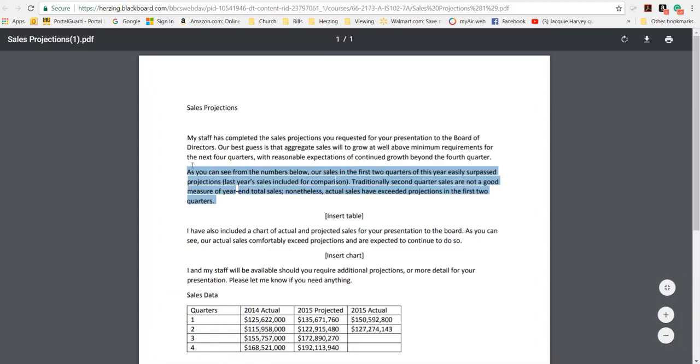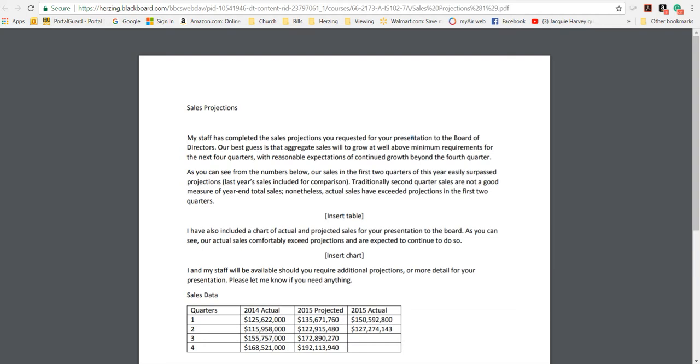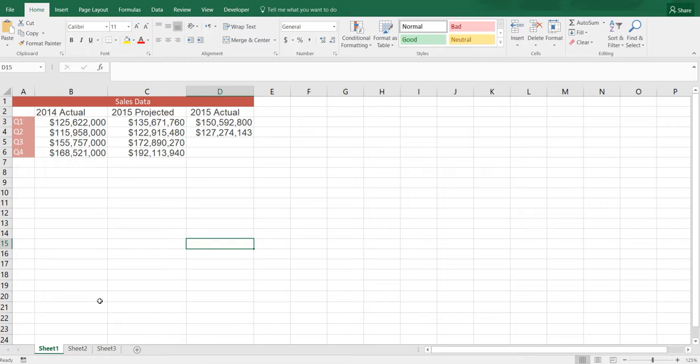So for the letter, you're using what it says here. Now let me tell you that there's a typographical error in paragraph 1, and there's a grammar error in paragraph 4. So you have to figure out what doesn't sound right in paragraph 1 and what would be better for paragraph 4. Those are the 2 corrections that you have to make. Then once you've typed out your letter, of course you haven't inserted the table and the chart yet because we haven't created them. You're not going to create them in Word, you're going to create them in Excel.